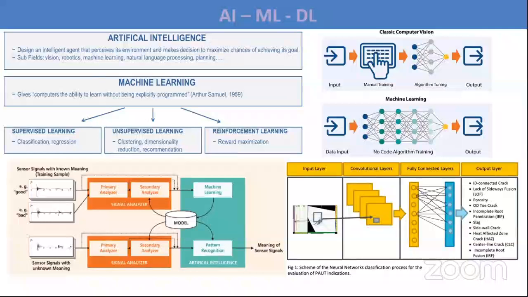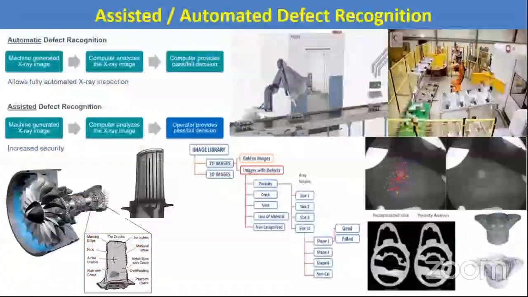Okay, and here is again an example of how the concept of AI and machine learning has been used, primarily focused on sensor data analysis. That's our biggest issue, one of them. Given the complexity of methods like phased array which are coming in, or TOFD and other things, it's important to assist the operator in as many ways as possible, so they become more efficient. So here is how AI and neural networks have been efficiently used to do automatic classification of defect type and all that from basically phased array signals and so on.